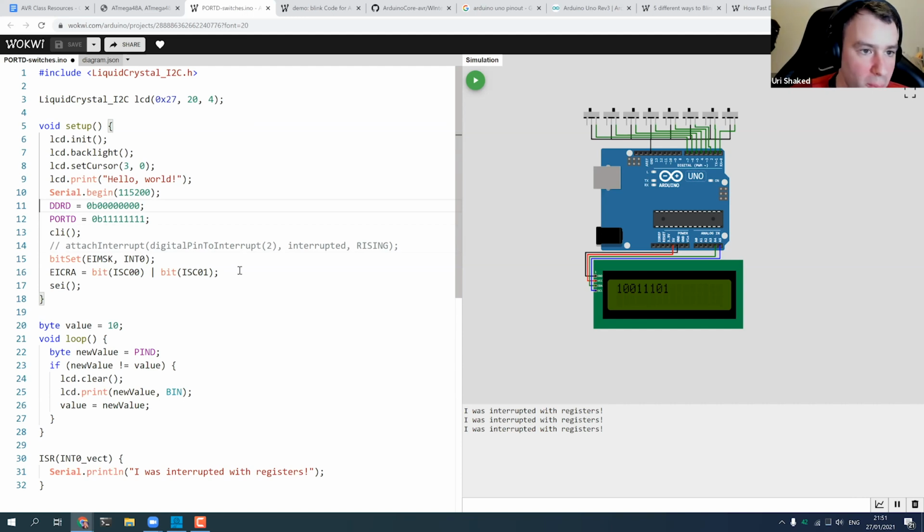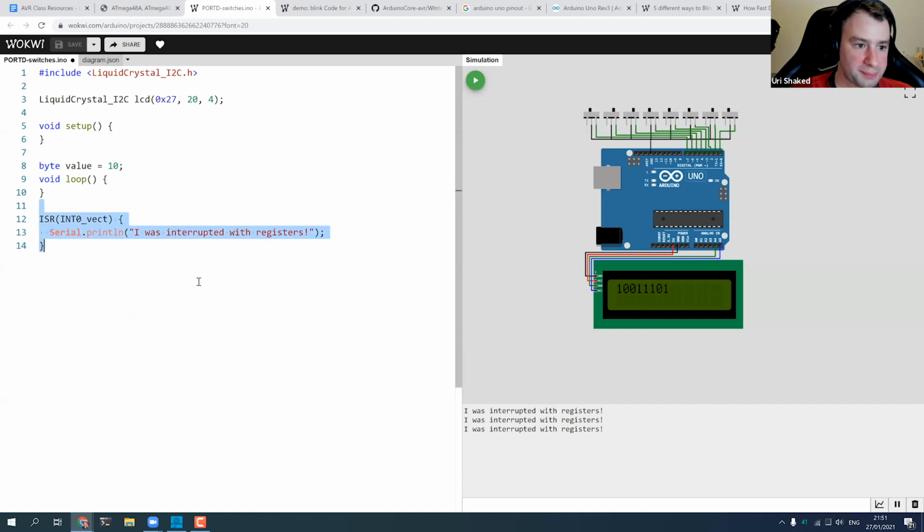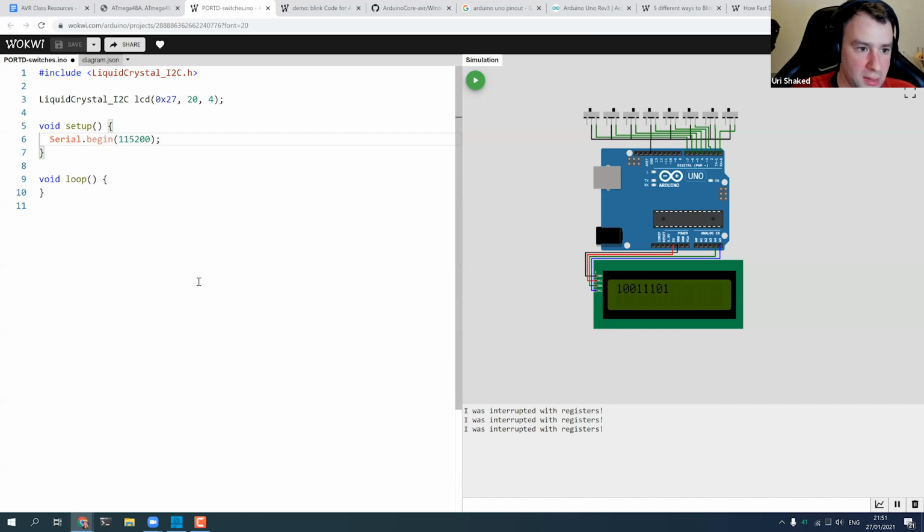And I want to show you another thing, what happens when I disable interrupts. So let's dumb this down to a very simple program. Serial begin, serial println hello. So hello Hackaday.